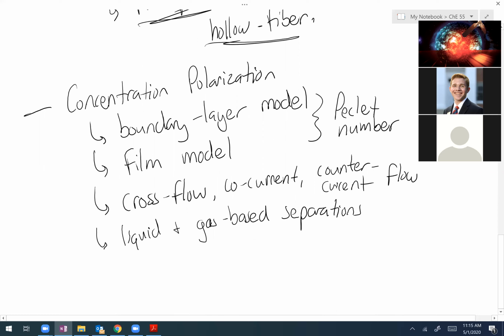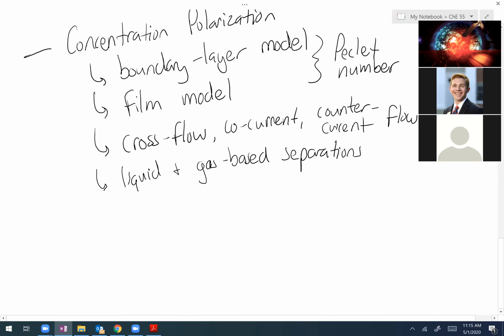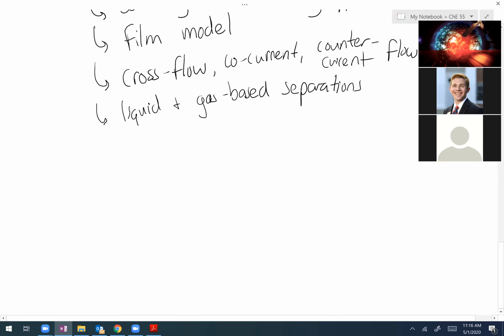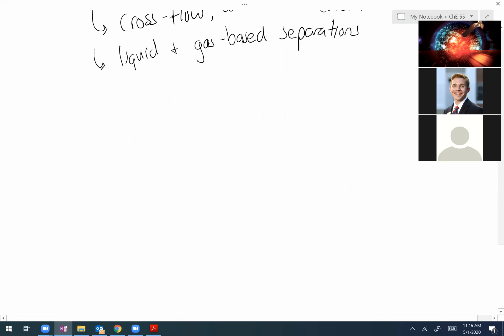For me, it's the stage cut. I don't really know what that is, other than what the textbook says, but I still don't really get it. It's like a percentage of the permeate to feed. So to clarify, you're still a little confused on stage cut, correct? Yes, sir. Okay, so stage cut